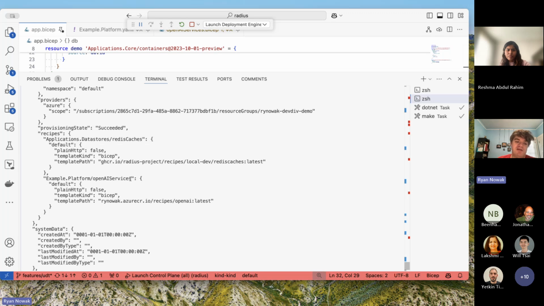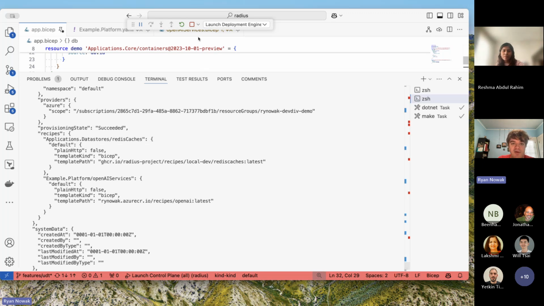Now I'm going to be showing Bicep recipes in this demo. Recipes can also be Terraform. And there's lots of good use cases where you might want to use Terraform instead of Bicep, if Terraform's a tech you like, or if you're already using it, or if you just think it's better for your use case. We're not opinionated about it. But I will be showing Bicep here just because that's what I built for this.